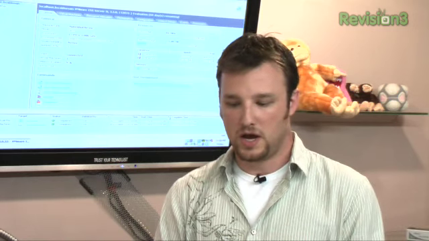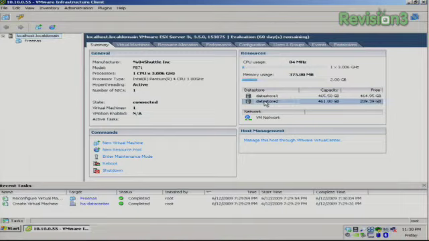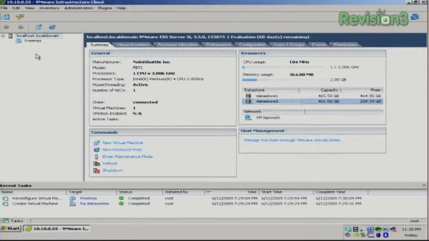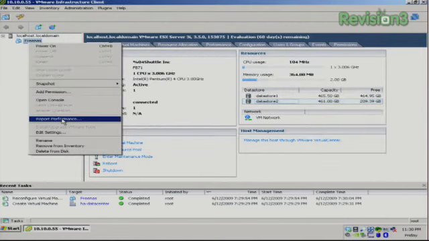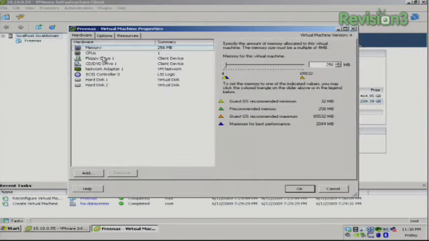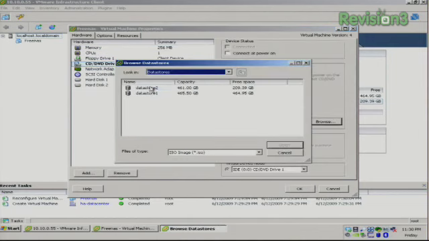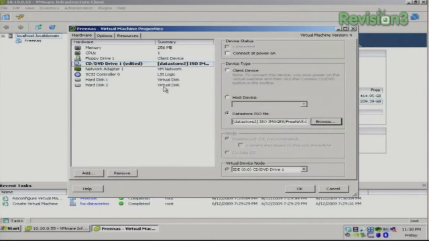What we're going to need to do is transfer the FreeNAS ISO up to the ESXi server. You could do that simply by clicking on the data store, creating a folder, and uploading your image right from your desktop to the data store. So we've already got the FreeNAS ISO in there, and we are going to right-click on this, edit the settings, and edit the CD drive with a data store ISO. It's in data store 2 in ISO images and the FreeNAS, and we're going to connect it at power on. Click OK,